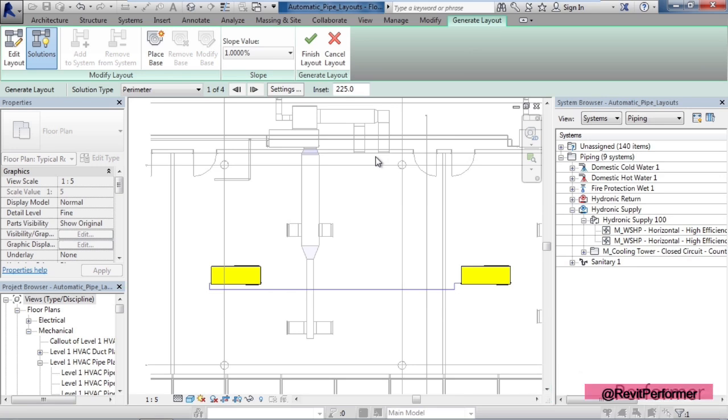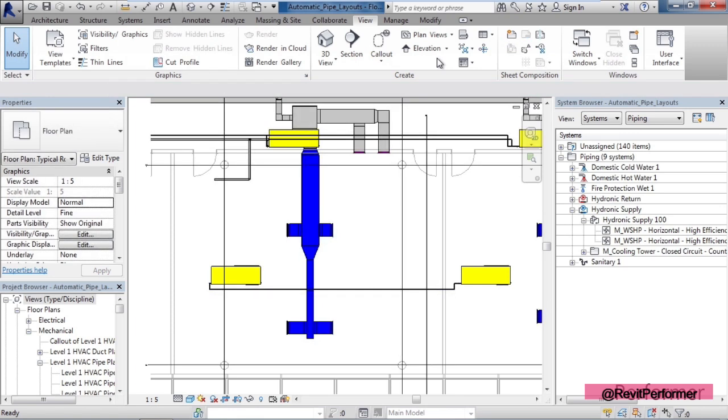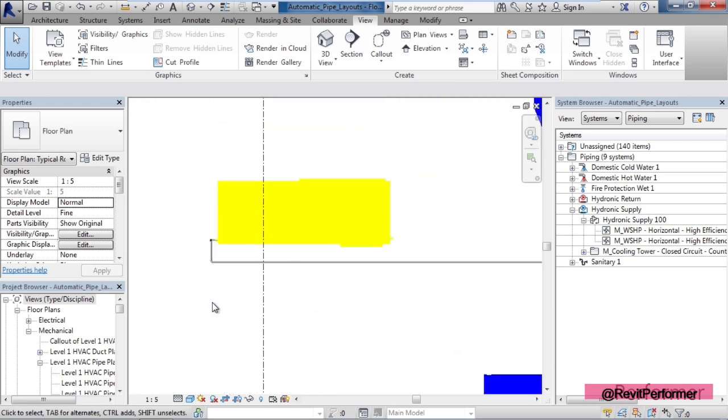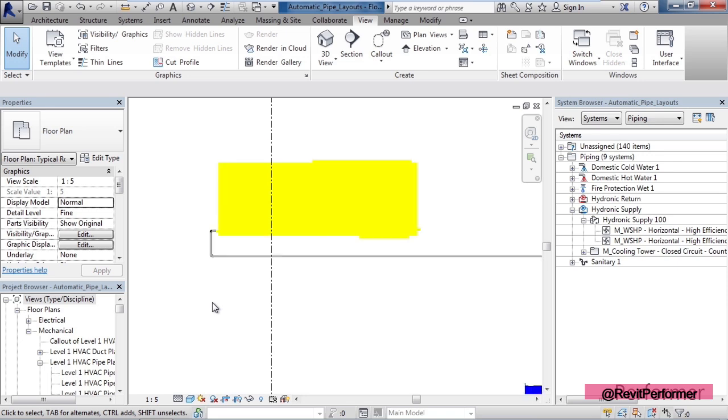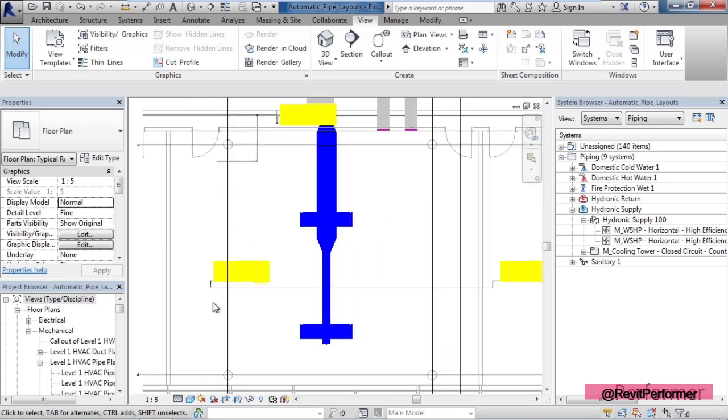Once you have an actual route that you like, that you want to use, you can accept it. You can also use the Edit Layout button all the way on the left of the ribbon to actually modify this current route. And again, once you find the route that you like, simply click Finish Layout. Once you click Finish Layout, the pipes will be generated in their full realistic mode, routed from one point to another point within your system. If I zoom in, I can actually see these pipes are the real pipes drawn at the full scale, with all of the attributes and all the parameters of full piping.